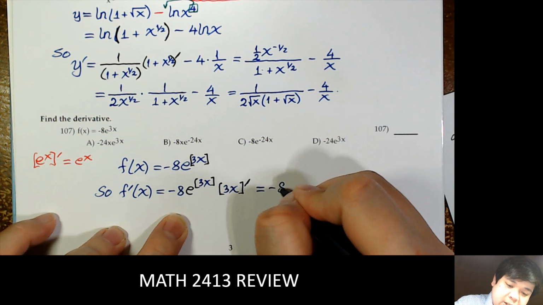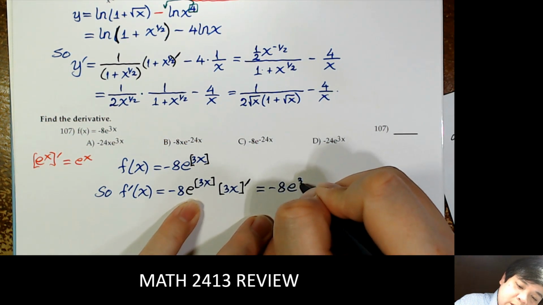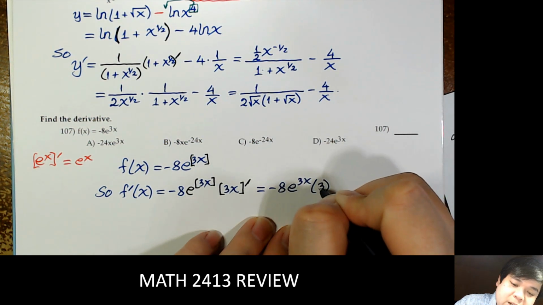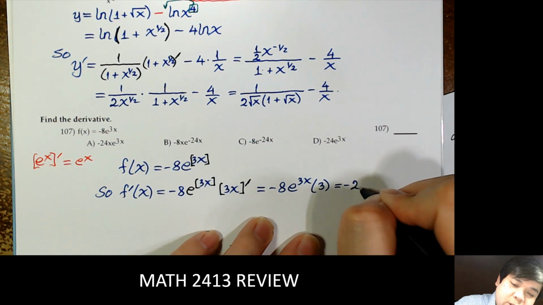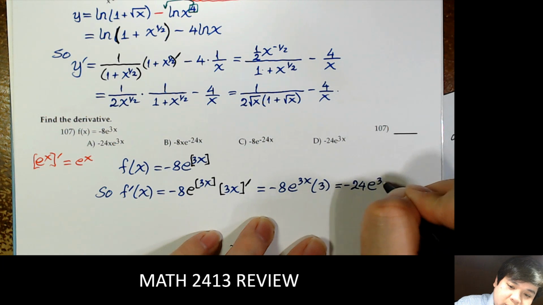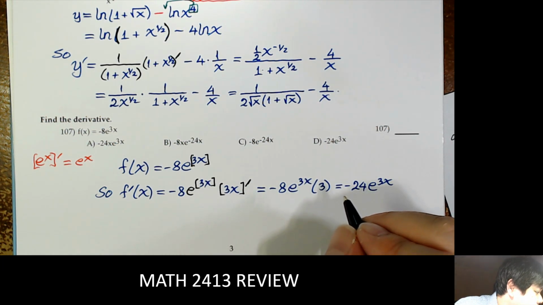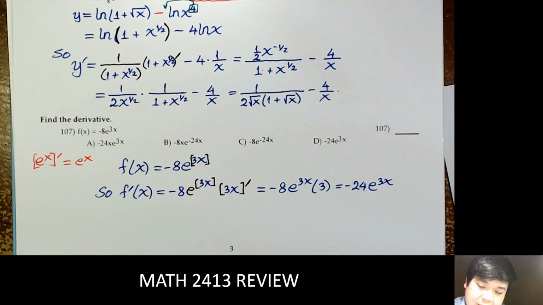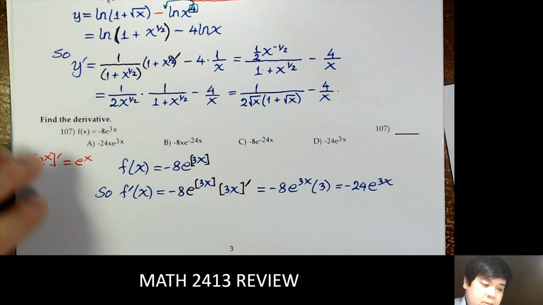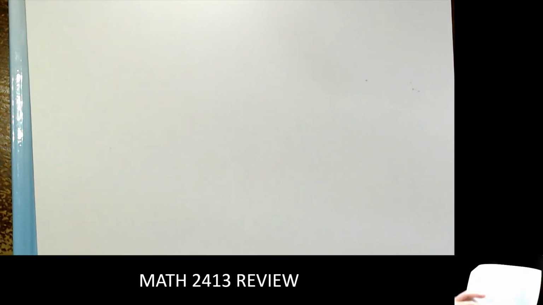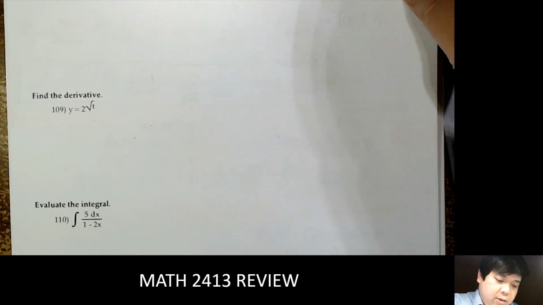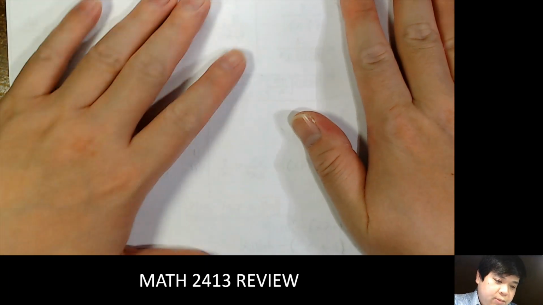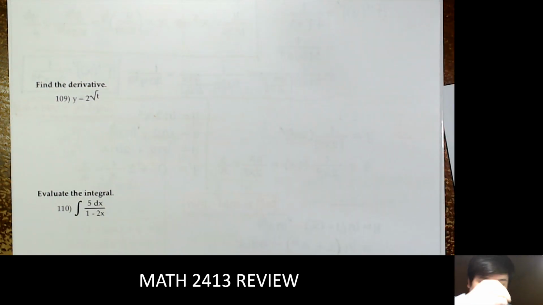So we have negative 8 e to the 3x. Derivative of 3x is 3, and then 3 times minus 8 is negative 24 e to the 3x. Right, so that's all we do. Next,